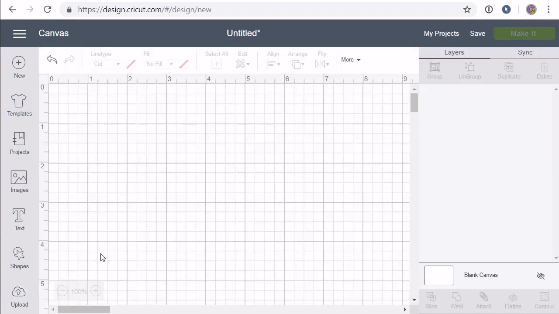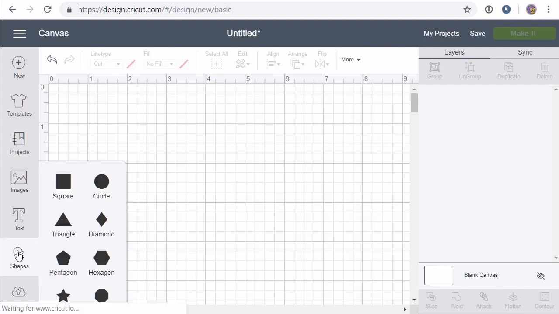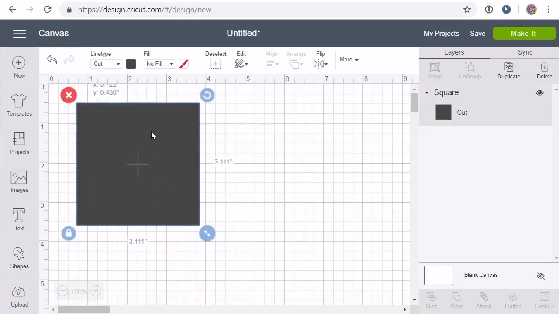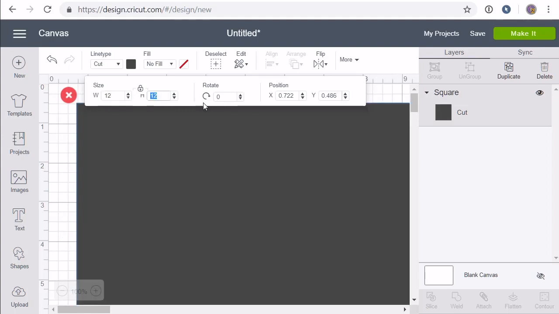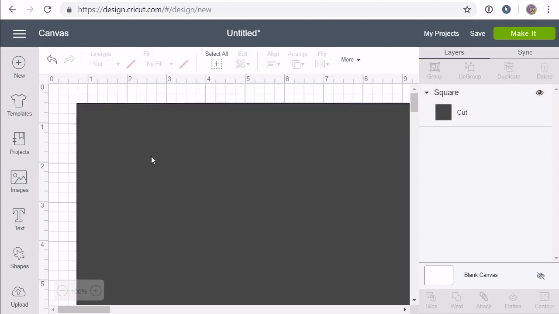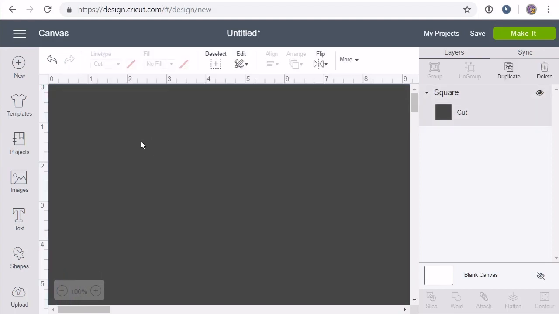So now to take advantage of the image preview with the pattern, I'm going to insert a shape. I'm going to insert a square, and I'm going to make that square 12 by 12 to match the size of an Infusible transfer sheet. And I'm just going to drag this up to the corner. Now I need to make sure that I've got my square selected, and I come up to Fill, and I change Fill to Print,